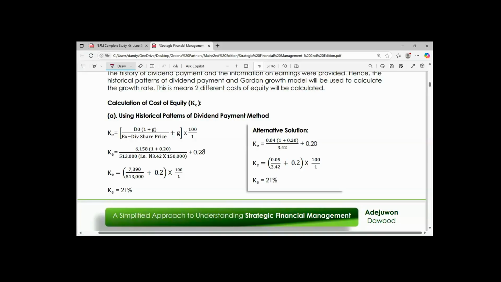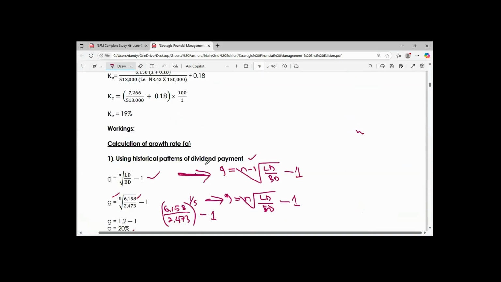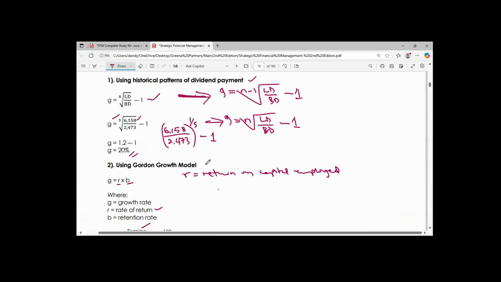Talk now. The retention rate, which dividend am I going to use? Is it the one of 5 years ago, 2,473, or 6,158? For retention rates, you cannot use the dividend paid 5 years ago. You are going to use the current year dividend. That's the 6,158. All right, sir. Thank you. You're welcome.